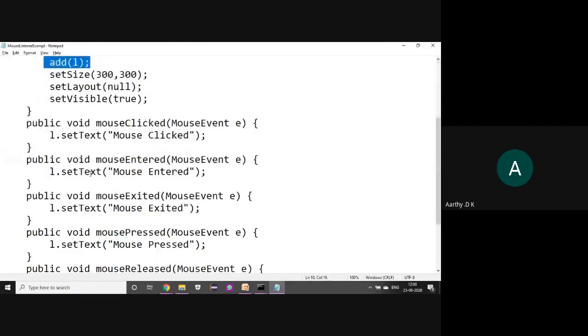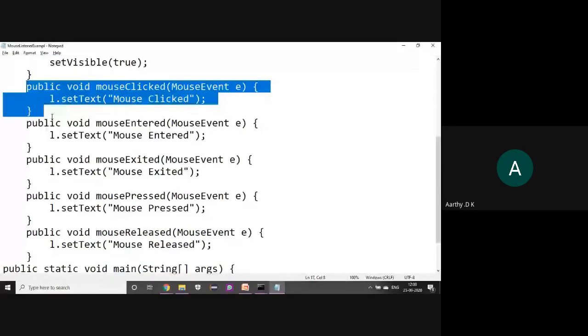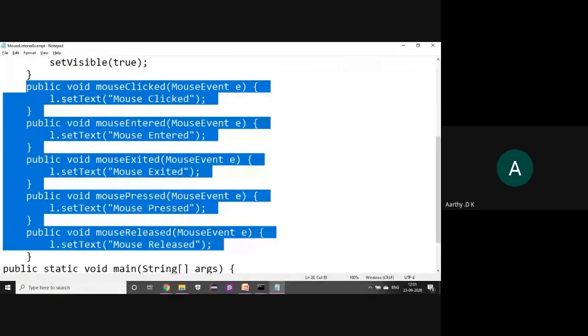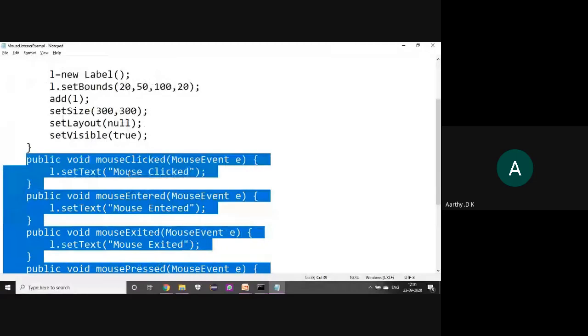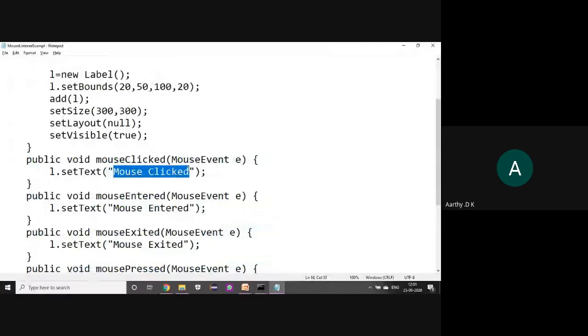Inside those listeners, that is your interface methods, we are just setting the value that will be displayed for the label. So if the mouse is clicked at a particular location 20, 50 and the width and height 100, 200, this message, mouse is clicked, will get displayed on the screen.